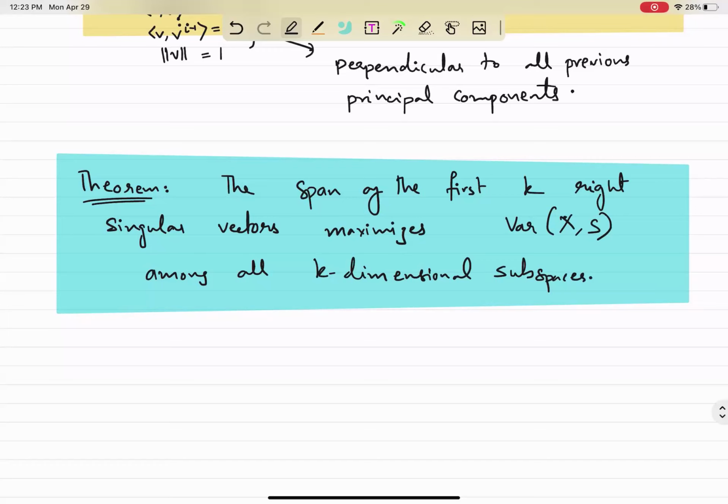Okay, so this greedy approach of finding one after the other does in fact solve the full optimization problem. I mean, greedy approaches are usually kind of heuristically pretty reasonable, but many times they don't give you the right answer. But for this specific problem of finding the best fit subspace, it does actually work. Okay. It maximizes this, or equivalently minimizes